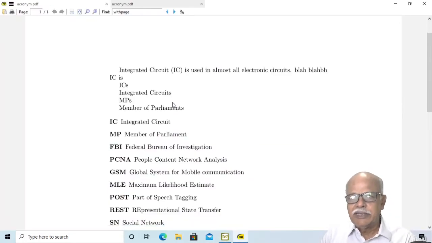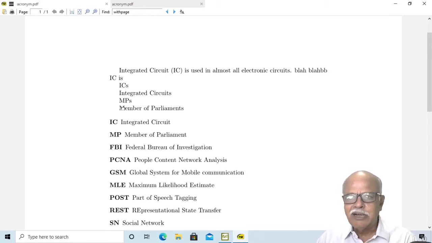Then you will find in the first case MP followed by S. This is alright. In the second case, as per the package, S is automatically added at the end. This is what many politicians would like to have: member of many parliaments. But actually this is wrong in the language.